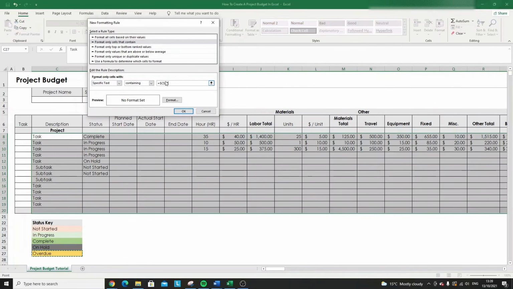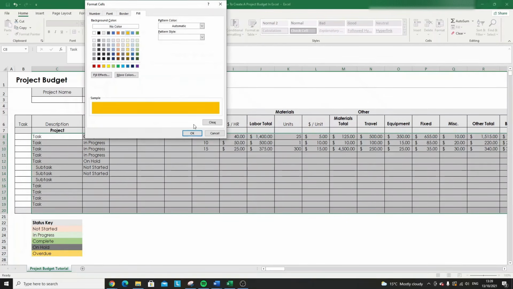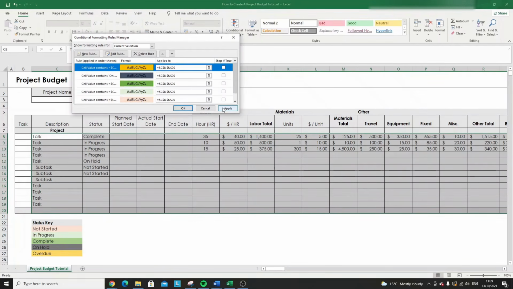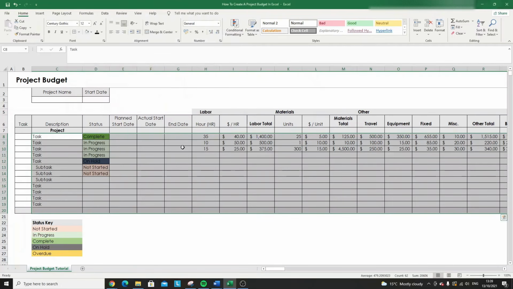So I've clicked in that box, then I'll click the cell. So it's looking for that text. And the preview, we need this to be a yellow. So okay, moment of truth. If I hit apply, this should light up like a Christmas tree. And it has. Good. So as you can see, the status column now has the conditional formatting applied